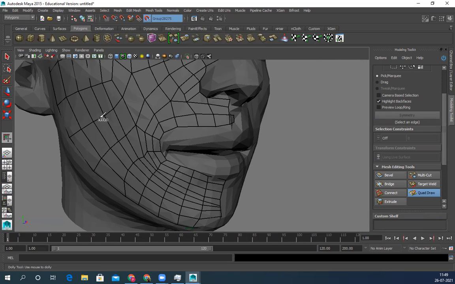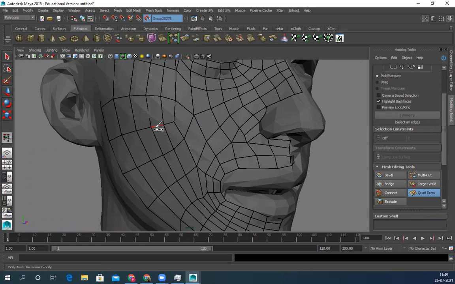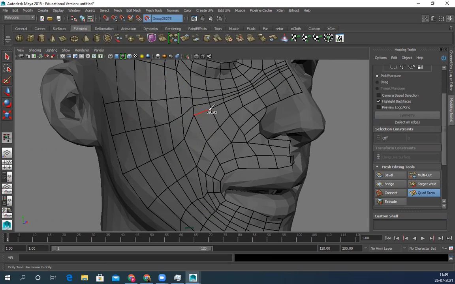Relax it. And I feel if I press Alt, Control and Shift together, I can delete a polygon, because I'm feeling this should be a continuous loop, rather than that triangulish thing.